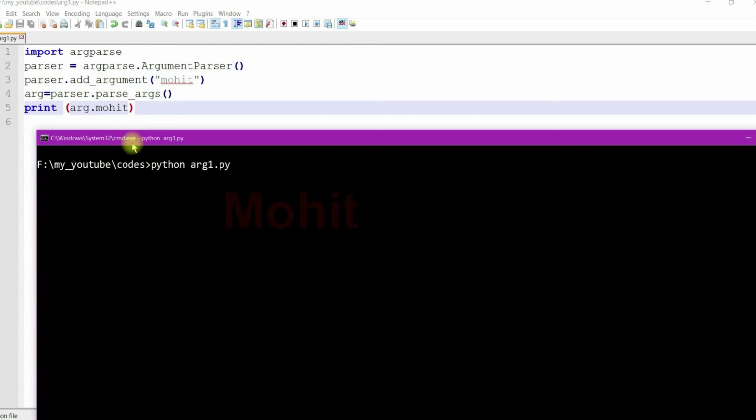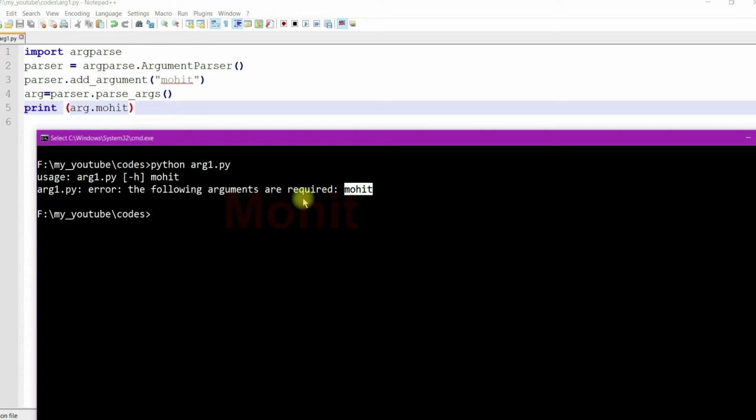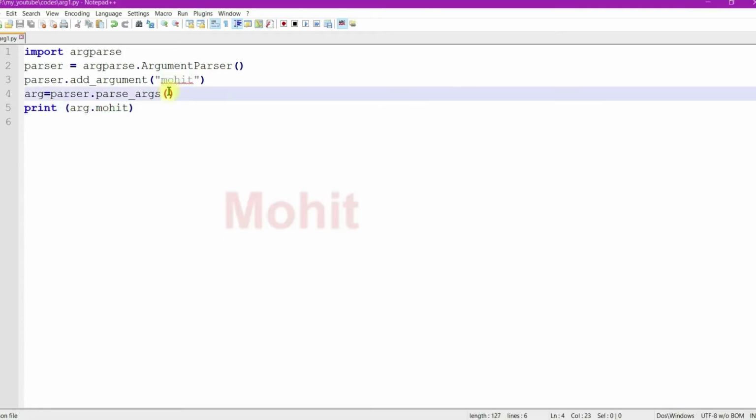Let us see the result. Here I have not defined any argument. The positional argument is a mandatory argument. Now I am getting the results. Consider instead of giving an argument in the command line, I can provide an argument in the parse_args method. I have just defined a single character k.